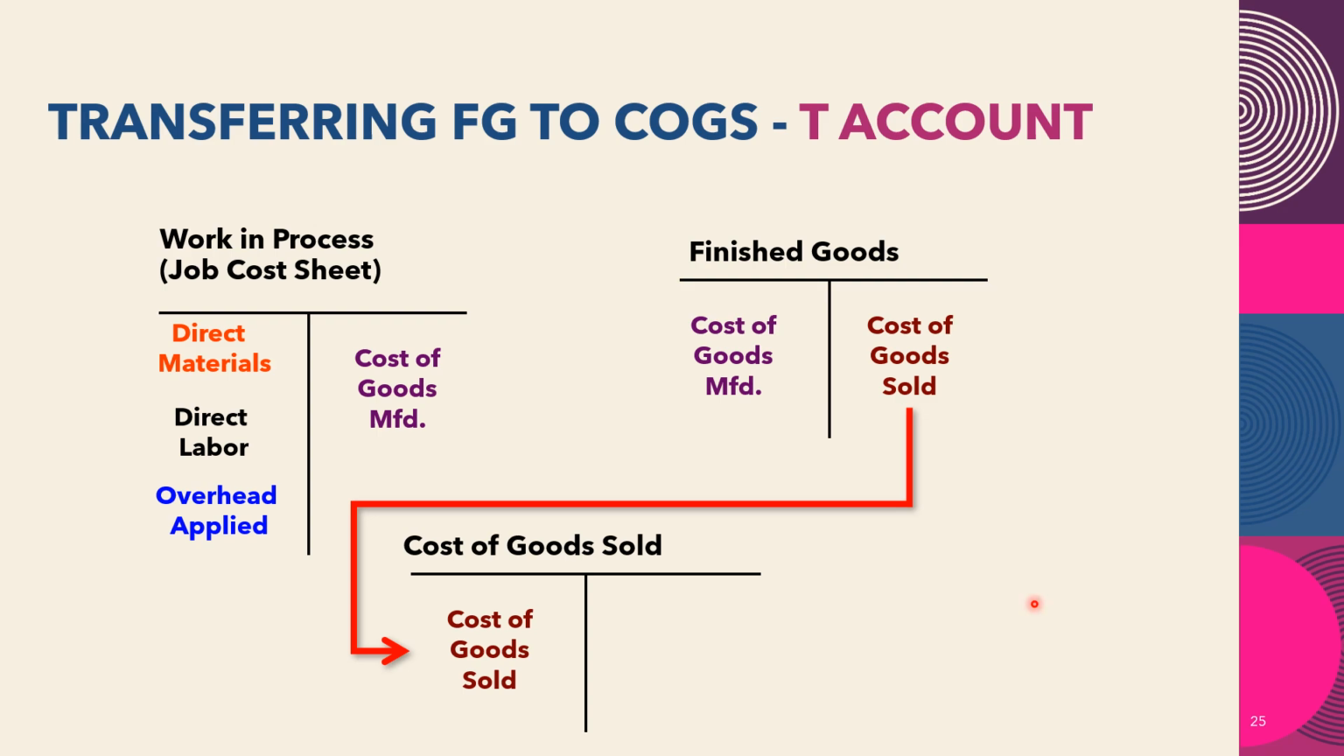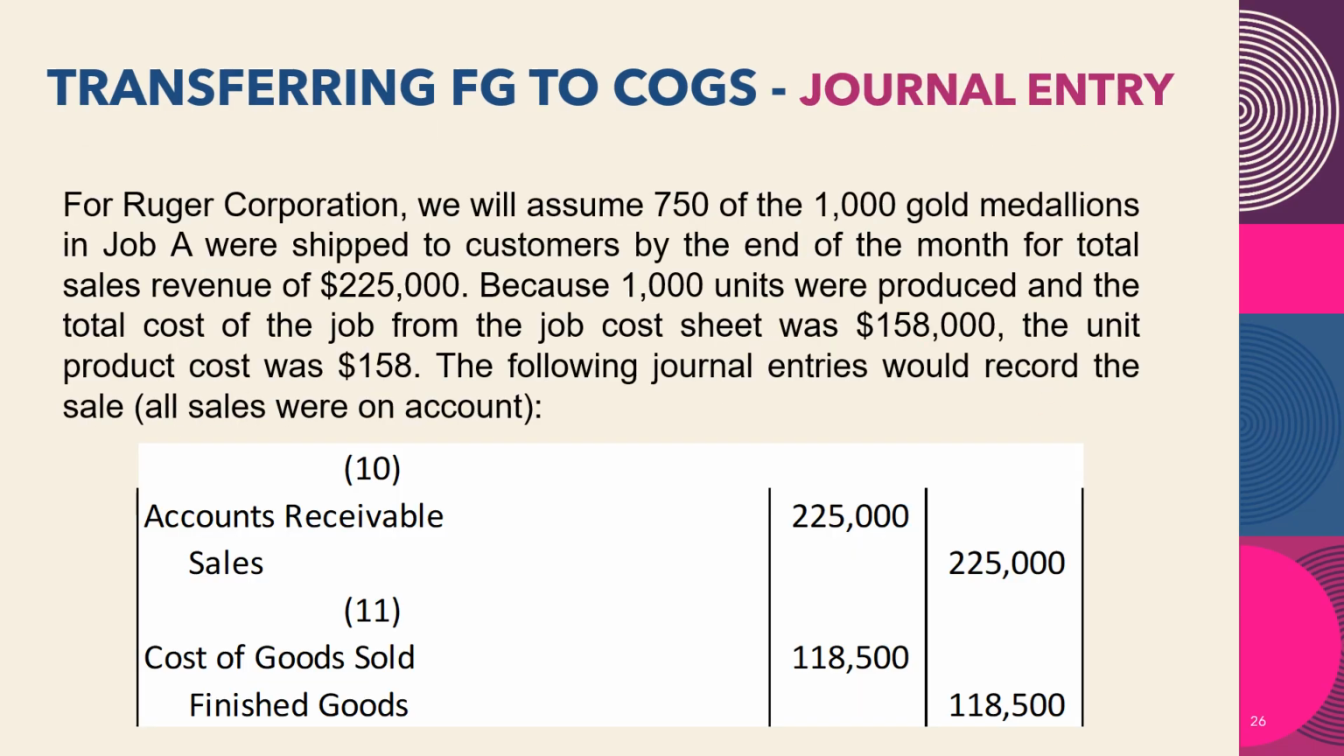When the finished goods were sold, you will debit cost of goods sold and credit finished goods by the same amount. For Roger Corporation, we will assume 750 of the 1,000 gold medallions in Job A were shipped to customers by the end of the month for total sales revenue $225,000. Because 1,000 units were produced and the total cost of the job from the job cost sheet was $158,000,